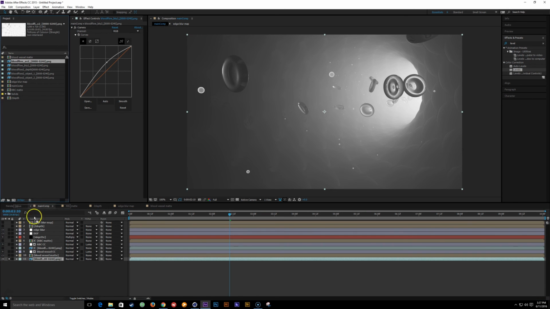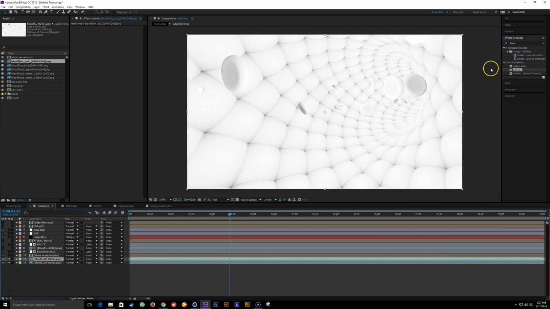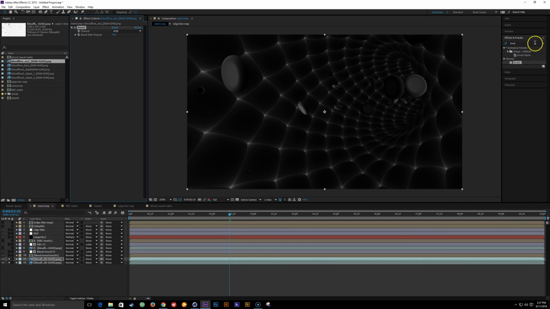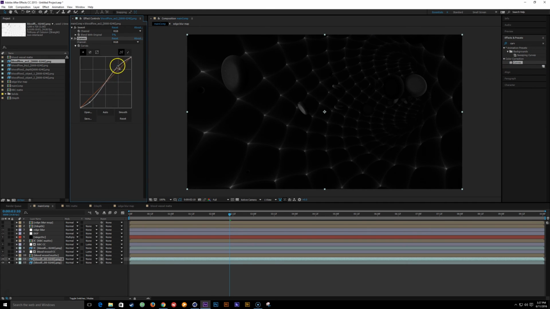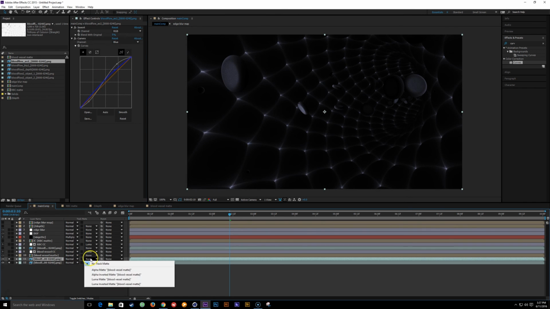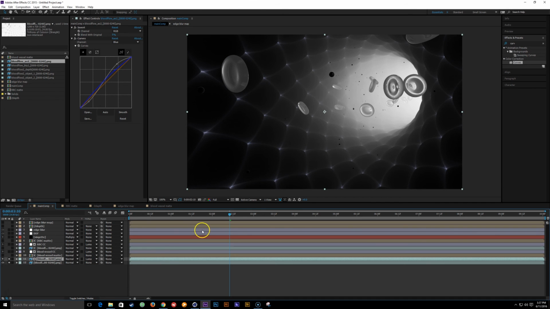And I'm gonna drop my AO pass on top of this, and I'm gonna invert that. I'm gonna add a curves to it. Just crush it a little bit, and you can even add some blue if you want. And I'm just gonna use my track matte, alpha matte, so that it's not affecting